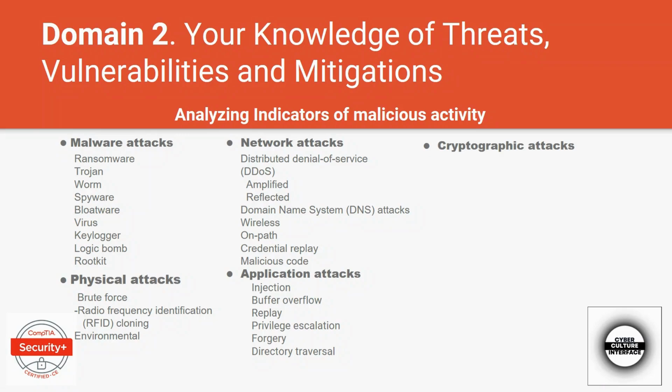So we also have cryptographic attacks. What are the malicious activities that can indicate a cryptographic attack? One is downgrade. Downgrade is talking about making use of a lesser security. For instance, if you have a version of some code, and instead of using a higher version, the version of code is being downgraded. You are being forced to use a code